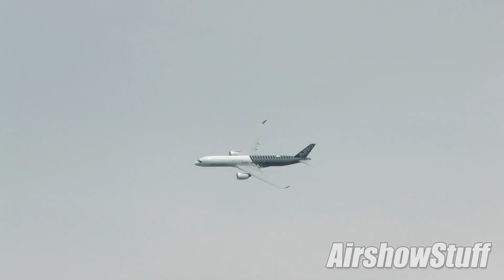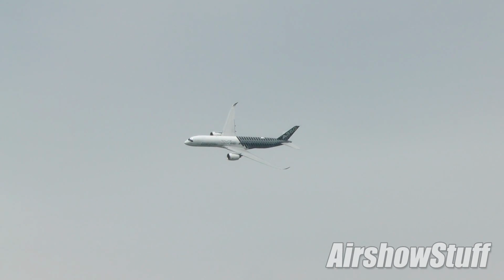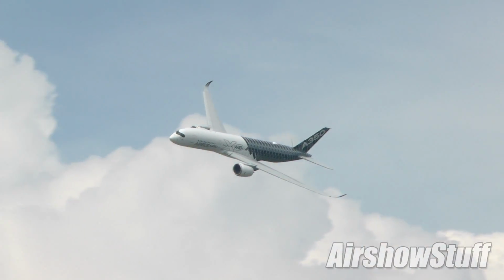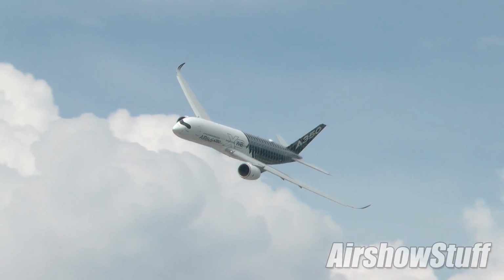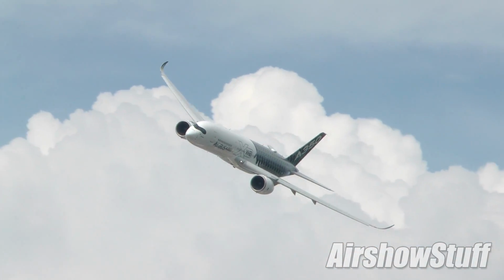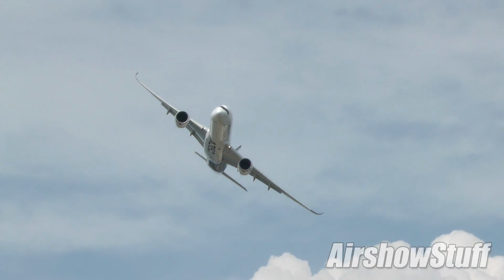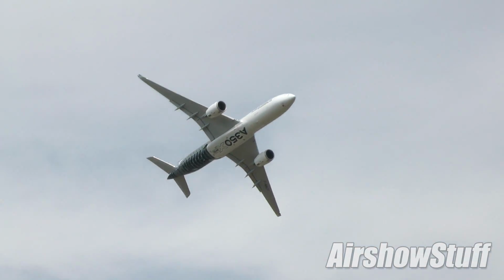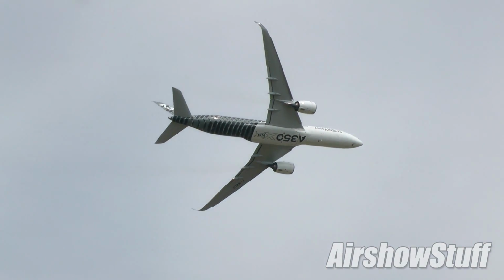22 airplanes which were initially ordered by US Airways. So this aircraft is the second prototype flying in the air. I told you we had up to 5. In order to be very successful in our flight test campaign, which took us only 14.5 months to get the dual certification both by the European authority, EASA, as well as by the FAA. But the FAA certification at the end of